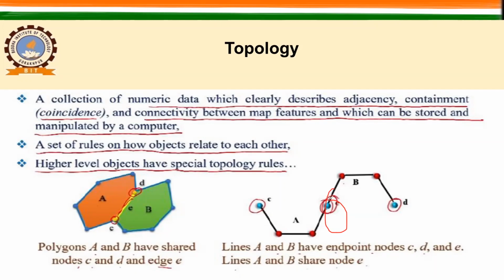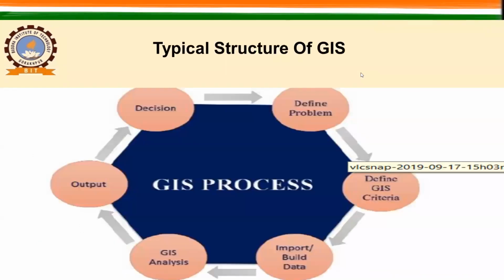And here I want to show you a typical structure what we follow in GIS. So अगर typical structure को मैं दिखाऊं कि what we follow in GIS, it is basically, so in a GIS process we start with defining our problem. So हम start करते हैं अपने problem को define करते हैं. We define what is our objective, what we exactly want to do, and then we define what are the criteria we are going to follow to achieve this objective or aim of our study. Then we have to build the database. So basically you will collect the data, you will process them, and then you will bring them into GIS environment. Then you will perform the GIS criteria, whatever you have decided here, right?